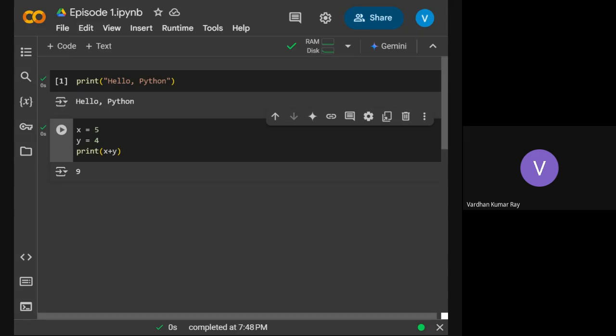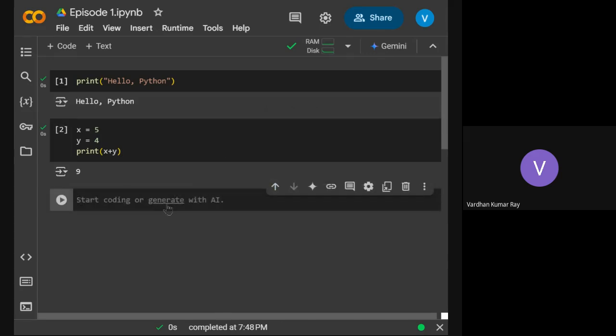It's a function, right? It's a function, but yes, it's a keyword. The word print itself is a keyword. And yes, it is used as a function as well. So whenever you put a bracket around it, it becomes a function, right? Yes, a lot of people know about these. Yes, it's an inbuilt function. So what is an inbuilt function? Anyways, we will talk about functions in detail later on.